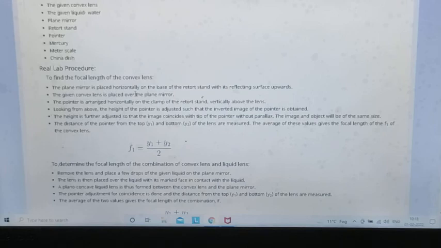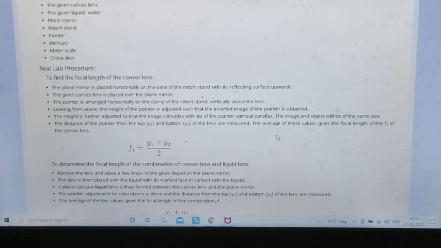In the real lab also we will first find the focal length of the convex lens by the same method: you use a plane mirror, and on this mirror you put the convex lens. Then a needle is attached to the pointer using the clamp, and you adjust the height yourself, just as we are using the pointer here, to find the situation when object and image are matched tip to tip and parallax is removed.